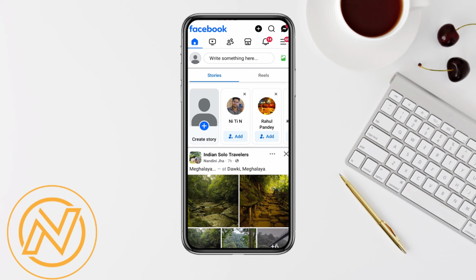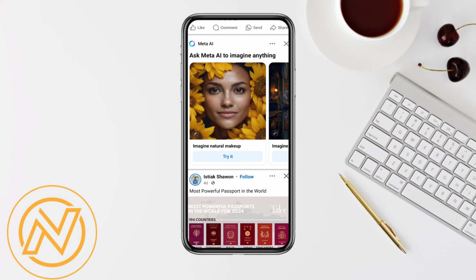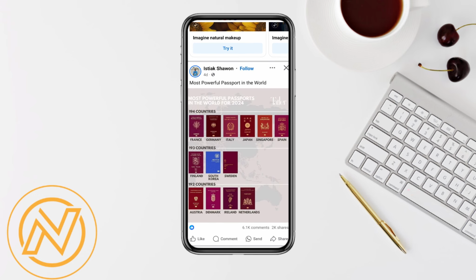So first of all, just simply open your Facebook account, and after that just simply log into your account using your credentials. And once you have logged in and you see that you are facing the featured photo problem, where photos are not showing in your account, in order to fix that, all you have to do